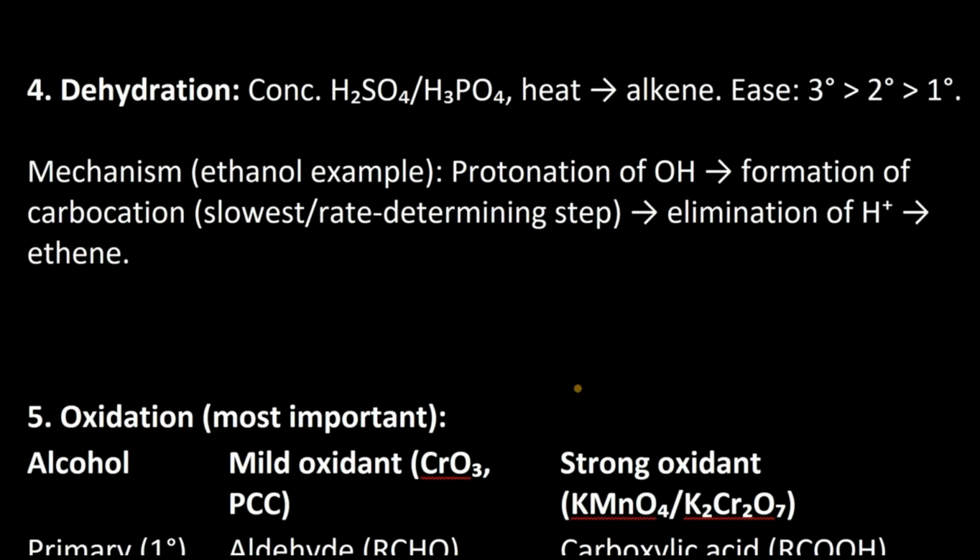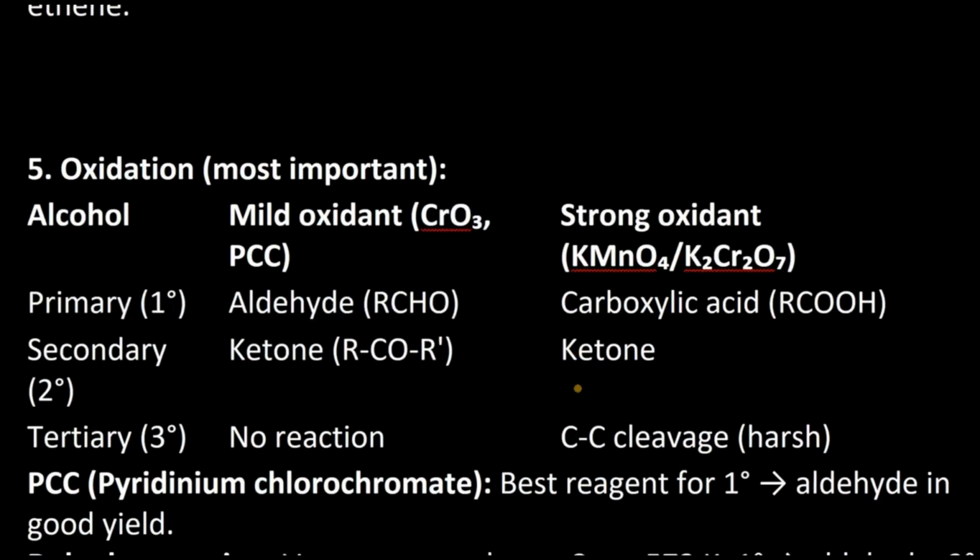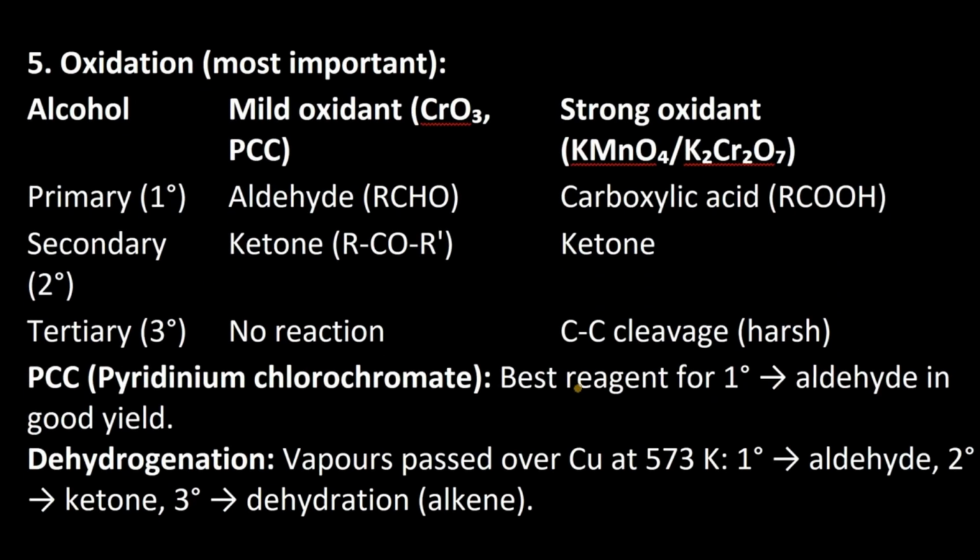Then dehydration. The dehydrating reagents we are using are concentrated sulfuric acid and H3PO4. The dehydration happens in the order of tertiary, which dehydrates fast, then comes secondary, then comes primary. Oxidation, with a mild oxidizing agent, primary will give you aldehyde and eventually it will form carboxylic acid if you are using a strong oxidizing agent. And secondary will form ketone